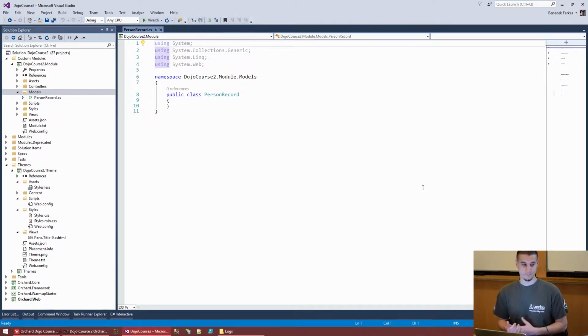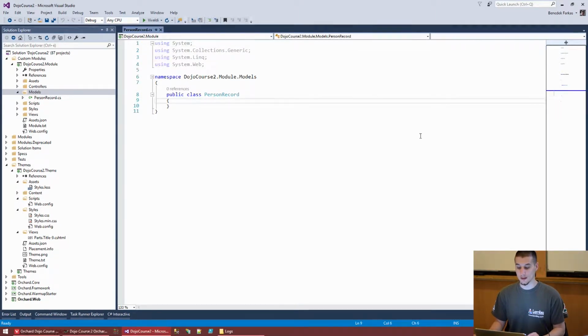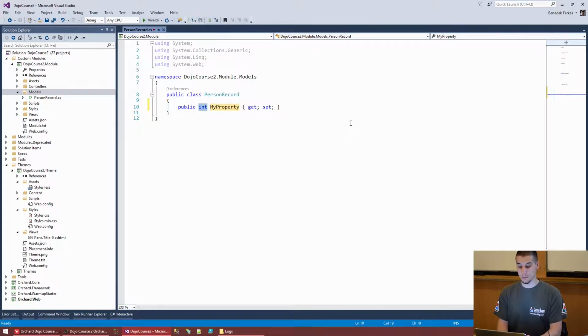So PersonRecord is going to be a very simple class that is going to tell Orchard that there's some information that can be described as a person I want to store in the database, and of course I need to access it programmatically, so I need a class for that. So let's say, first, since we are talking about relational databases, each record has to have an ID. So we are going to add an ID property, and it's going to need to